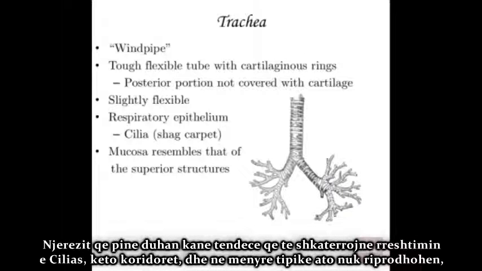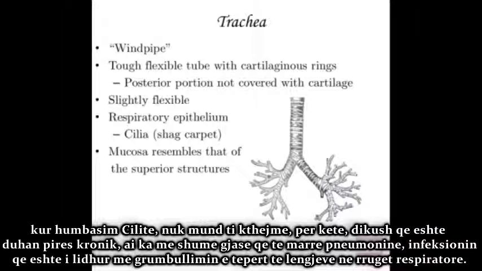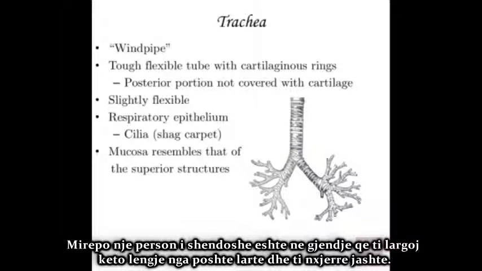People who smoke tend to destroy the cilia lining these passageways, and we don't typically regenerate them. So when you lose the cilia, you don't get them back. And that's why somebody who's a chronic smoker, smoking for years, is more likely to get pneumonia, an infection associated with basically too much pooling of fluids in the respiratory passageways. But a healthy person is able to get those fluids up and out.